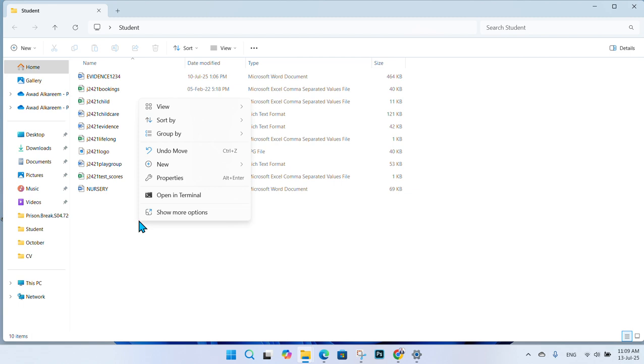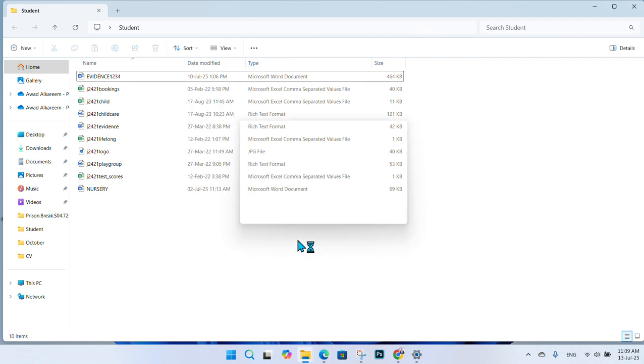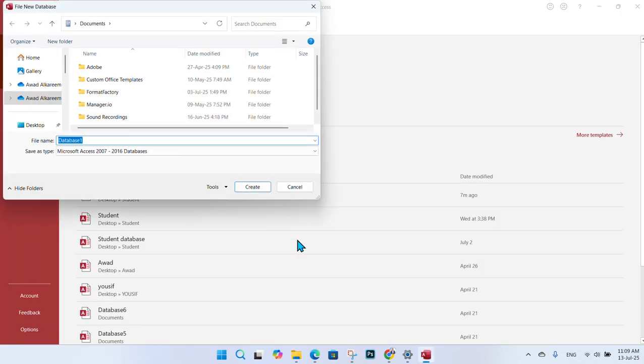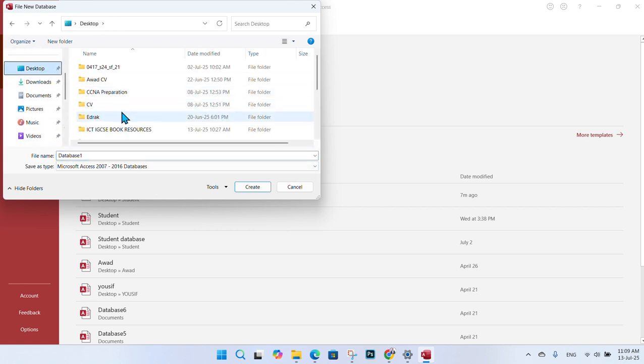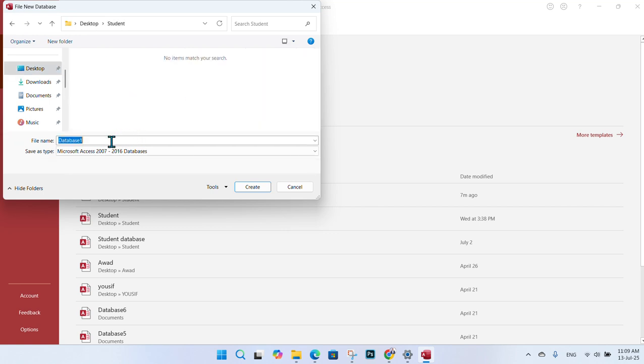So right click, new Microsoft Access database, and choose the location, which is student folder. Give it any name. I'm going to give it student, create,